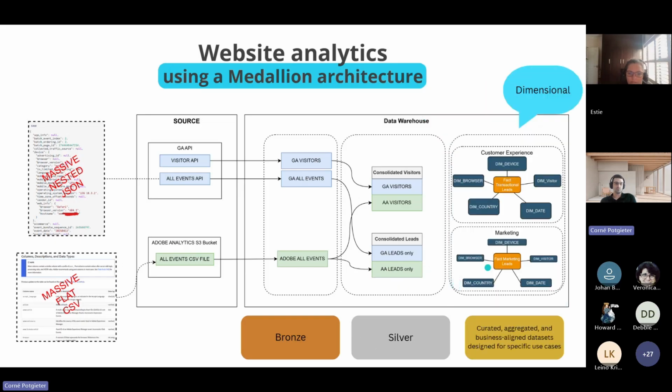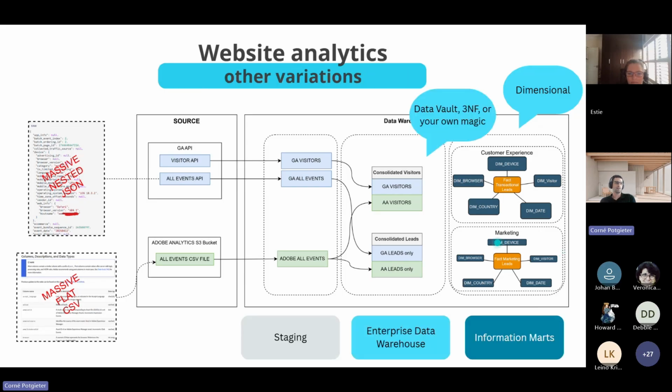And then at the gold layer, you are publishing basically this curated, aggregated, and built for the consumer models ready to be used by your domain. So the marketing domain told the centralized team, this is what we want. The centralized team went away and built these different layers within the data warehouse, and they published this dimensional model for your perusal at the end. And you would connect your Power BI or whatever other tools you want to this final gold layer. Just putting a little bit of a different flavor on it.